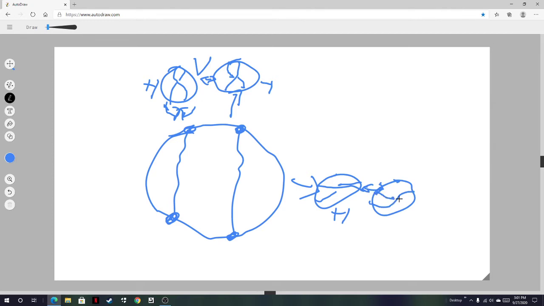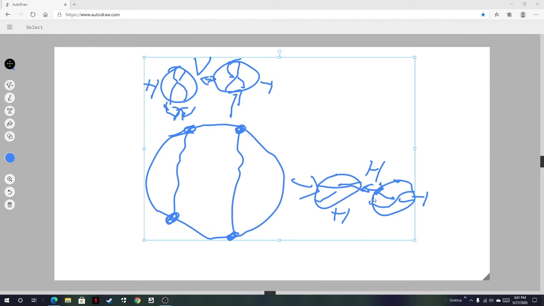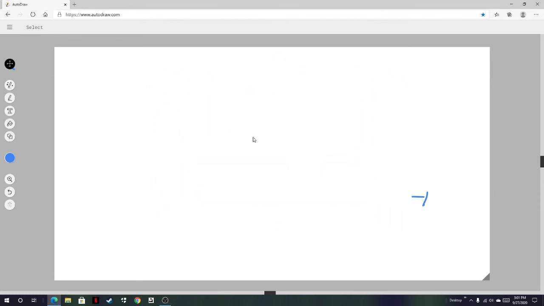So the opposite, -1. And let's notate this as H. Now that we have our symbols in control,